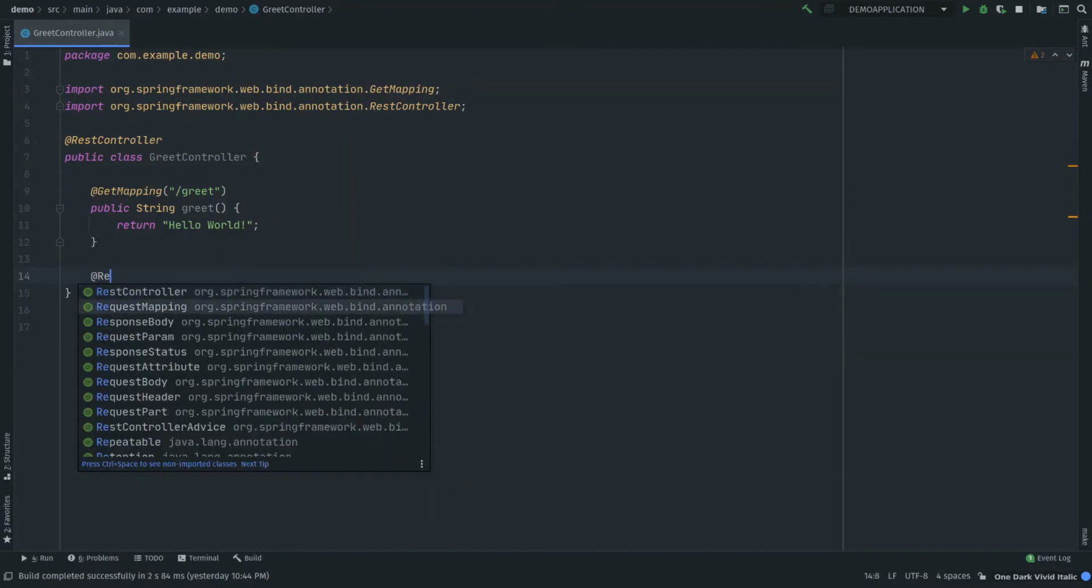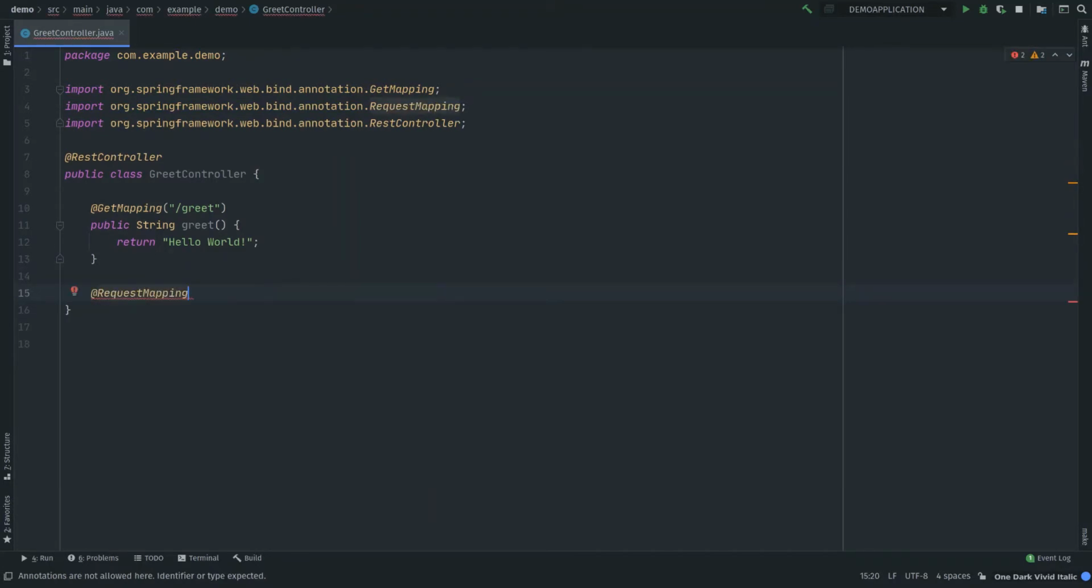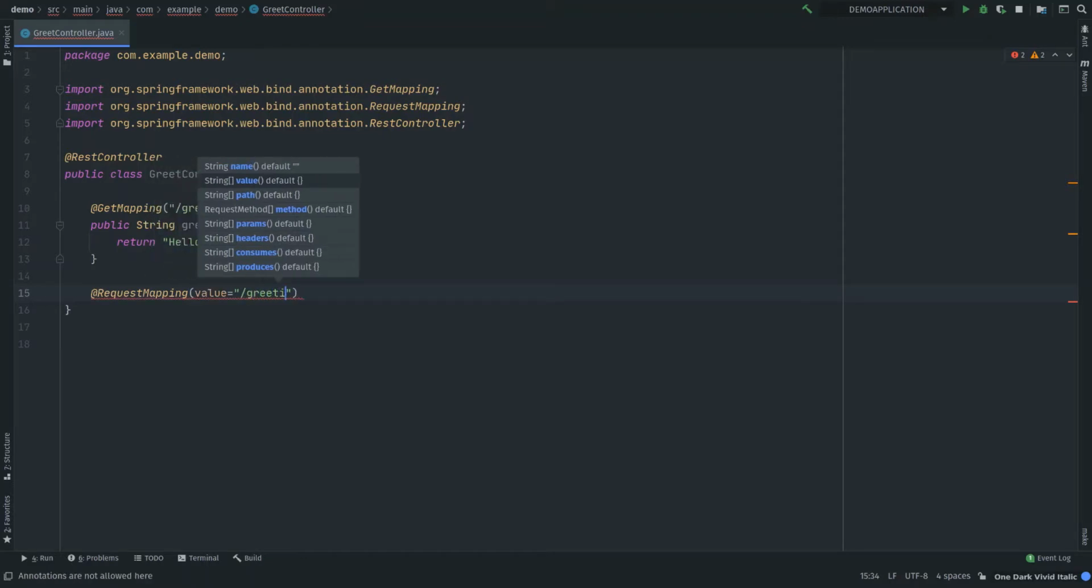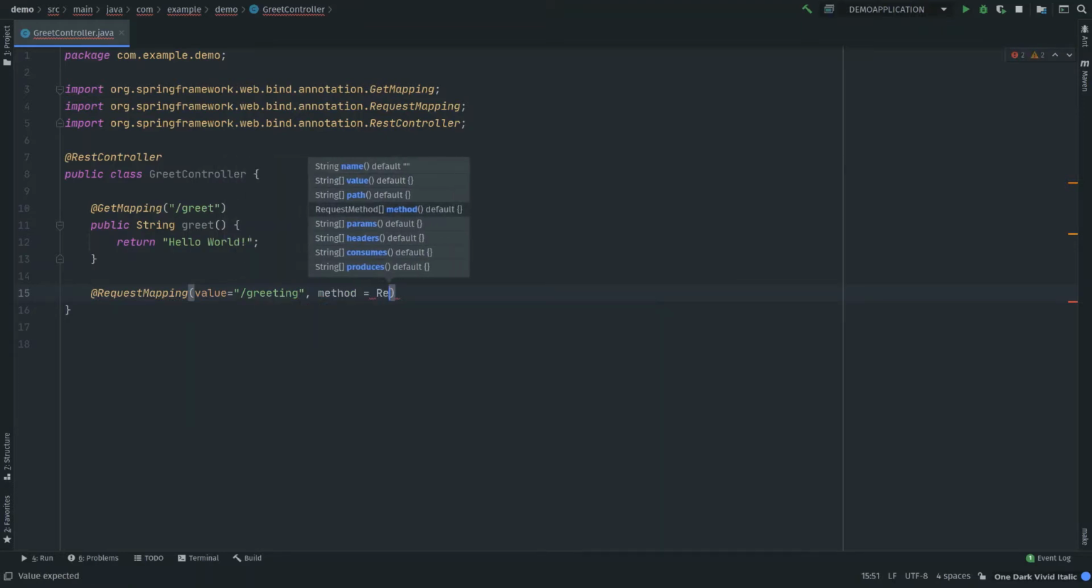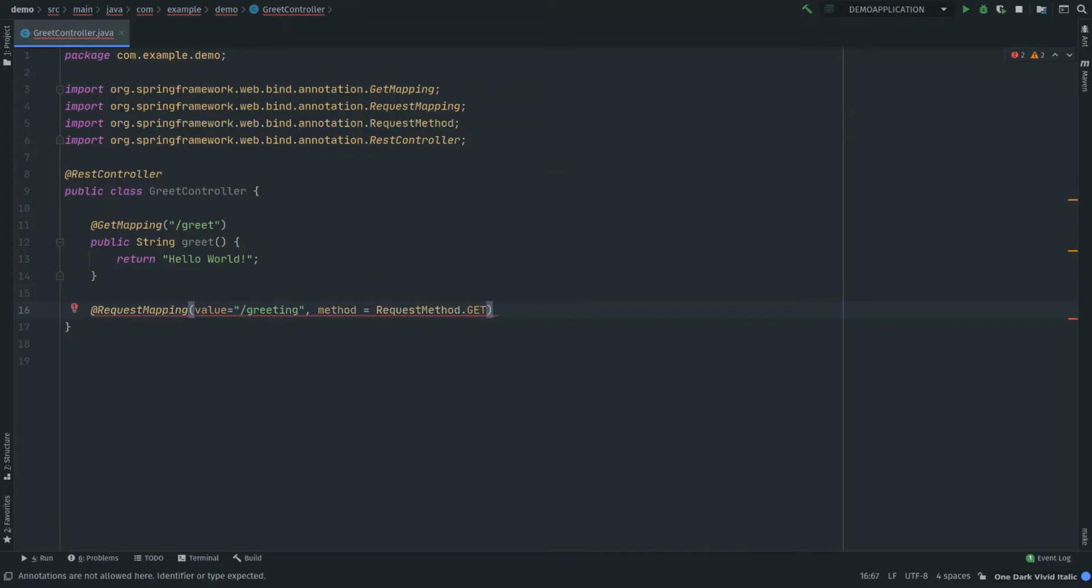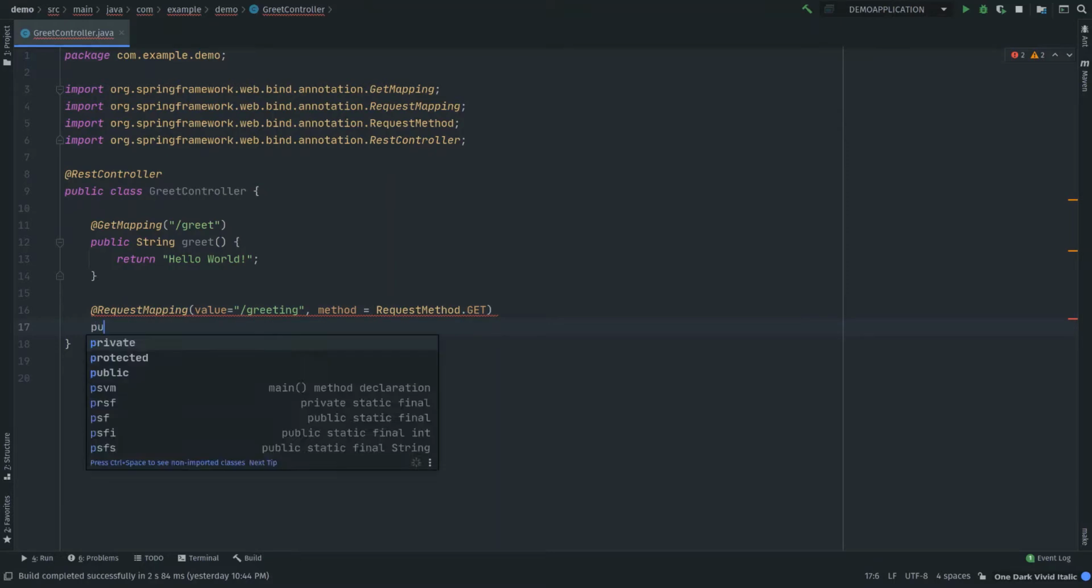called request mapping. So the request mapping annotation is a more generic annotation which comprises all the requests, and here you have to define what kind of request you have, right? So first you say I want to serve my request at this endpoint, and my request is going to be a get type. So you say request method dot get, and then obviously we need to define